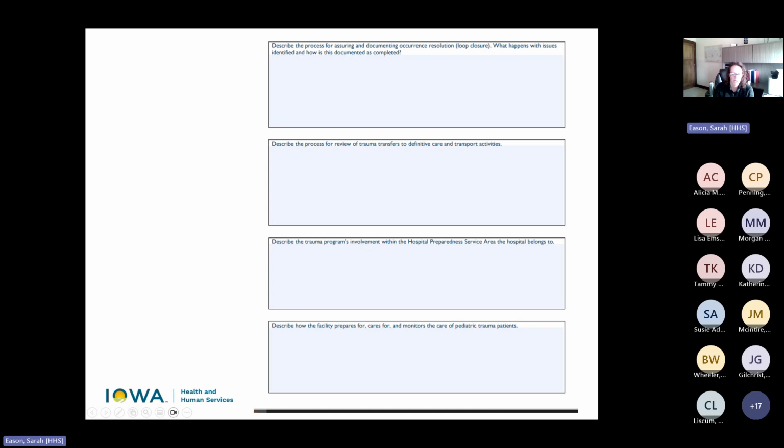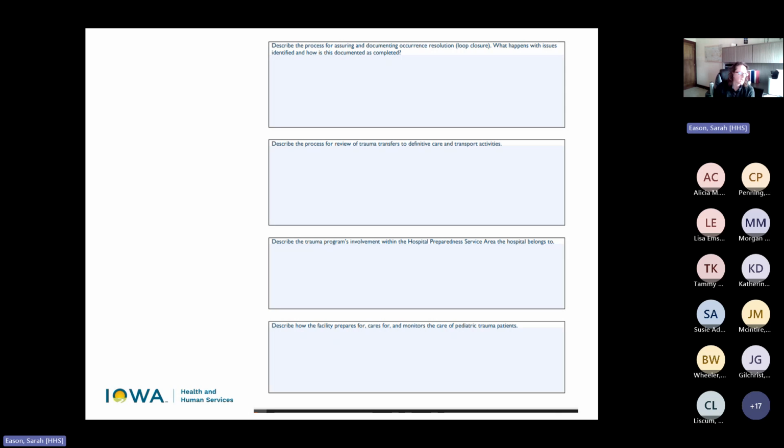And if you need to apply an example to it to make it clear, by all means, please do, because that will help us, especially on the paper reviews. You cannot write enough in this box on the paper reviews. At the visits, in person or virtual, you get a chance to explain that. But on paper reviews, really make sure that this is clear on how you get loop closure.